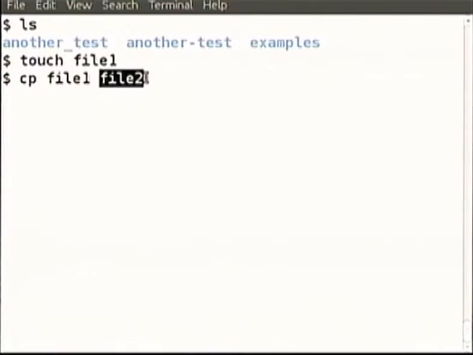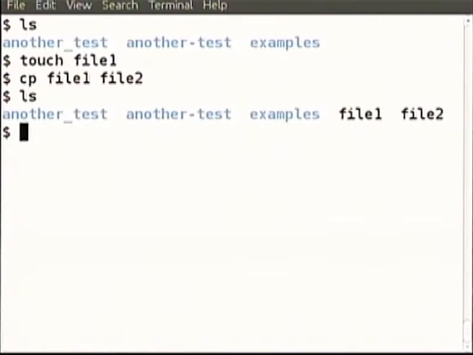If you don't give two, what will it do? It is good to ask this question, try to answer it, and we will see it now. If you type like this, then it will create a new file. So first file1 got created using the touch command, and then file1 was copied to file2.